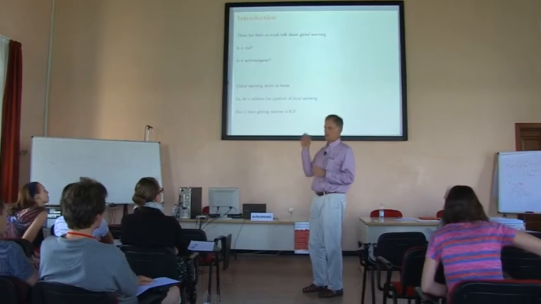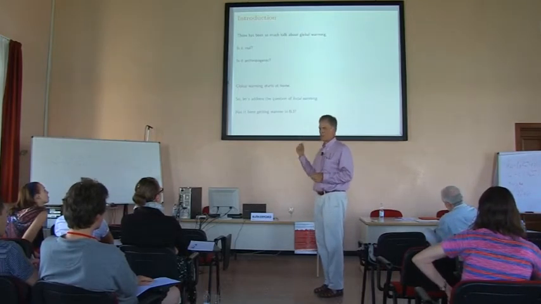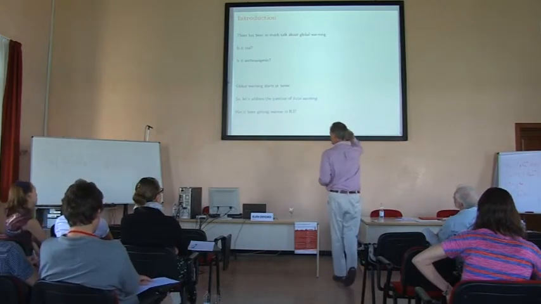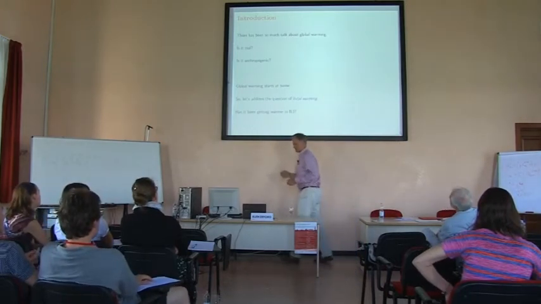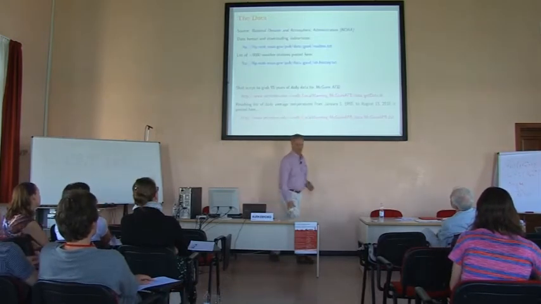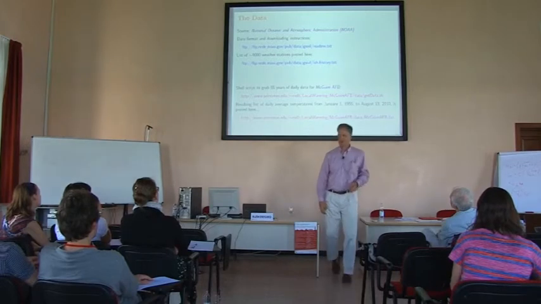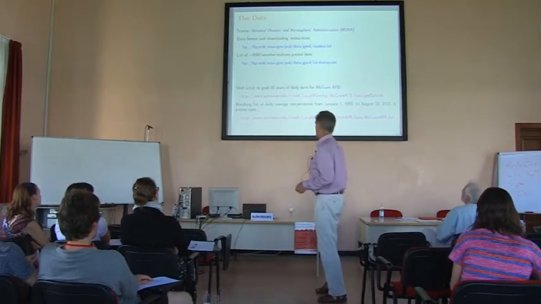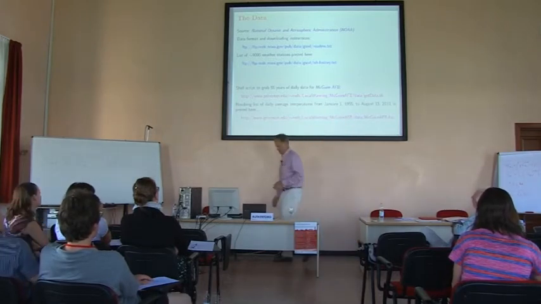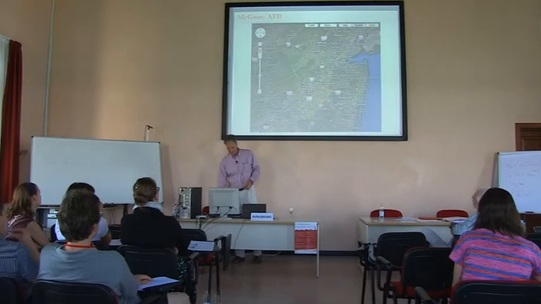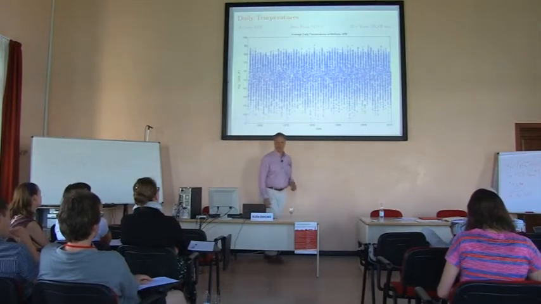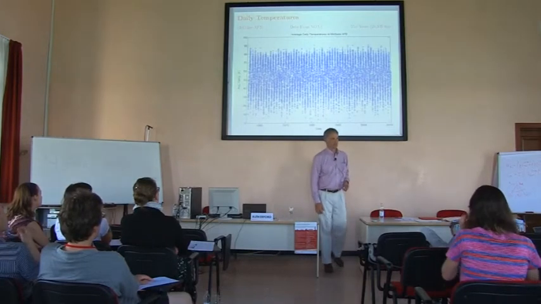And so I find that for these types of people, it's useful to actually show concretely, here and now, like forget about climate models, let's just look at the temperature. And the Van der Waals paper is perfect for this because it asks, is it real, is it anthropogenic? So Van der Waals says, well, do we find that there's warming? He gives you a reference to where you can get data for local temperatures over a long period, 55 years of data. He gives you the script for getting the data. You download it. This is just looking at one place, McGuire Air Force Base, so there's the daily temperatures over time in one place.